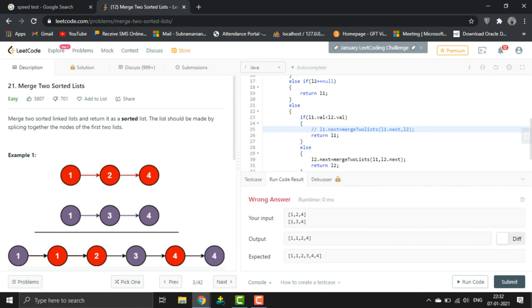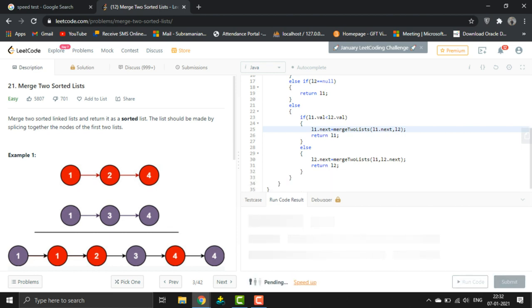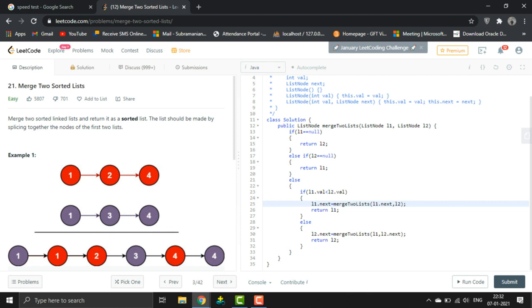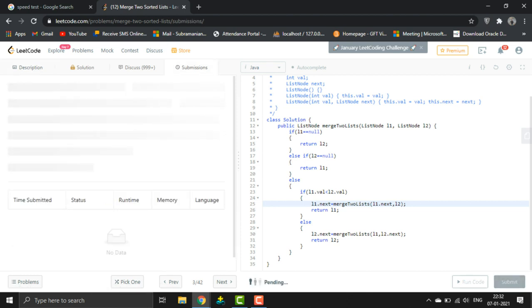It shows the error here also. I think I found the error. L1 dot next equal to merge two lists with a capital L, right? Yeah, it's accepted. So let's check what we are doing here by submitting.